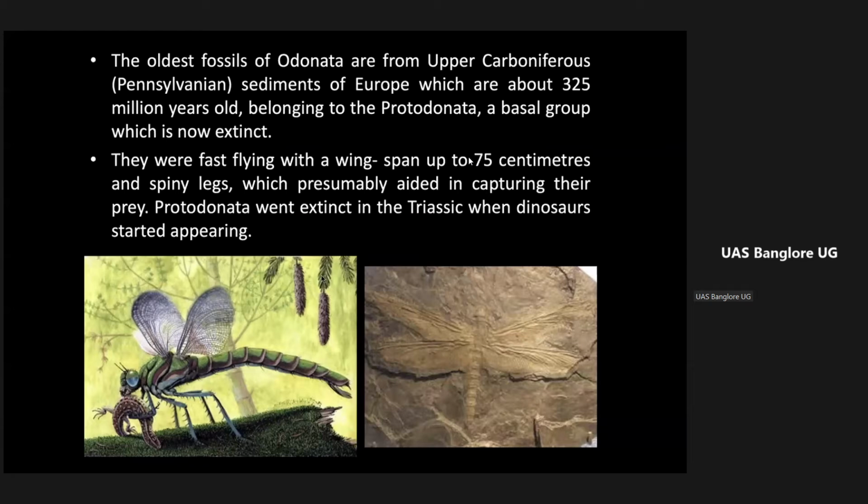Okay. Anyway, if you look at this insect, it is one of the primitive insects which was fossilized. The actual insect was fossilized, and you see that the wingspan is 75 centimeters. You can imagine it is nearly 1.5 feet. The insect is one of the largest insects, with a very big wingspan like an eagle. Since it is a predator, it can eat any other invertebrates or mammals or such kind of things. That is why we call them one of the primitive insects.